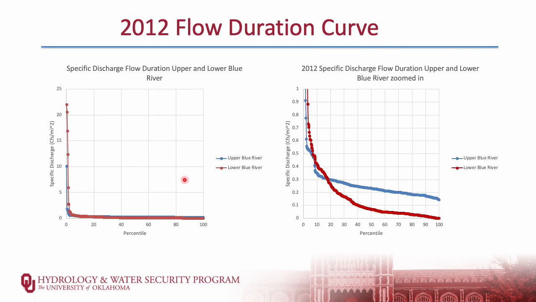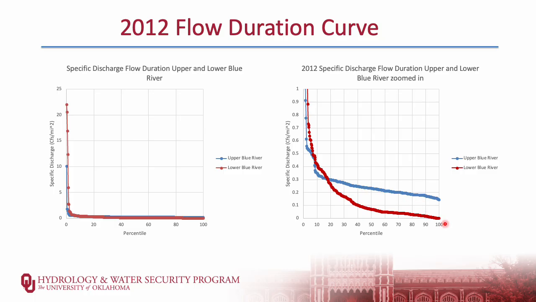So here is the 2012 flow duration curves, and it's very much the same story as the 2011 one. The lower Blue River kind of takes over in the lower percentiles. So your 1 through 10, they're just a lot higher than the upper Blue. But once we zoom in to the graph towards the 50th and above, you'll see the upper Blue River really